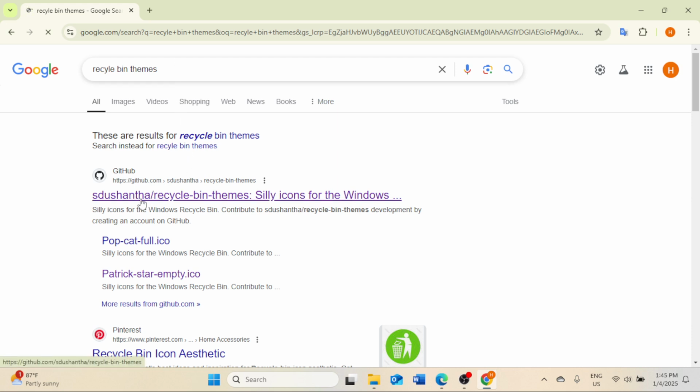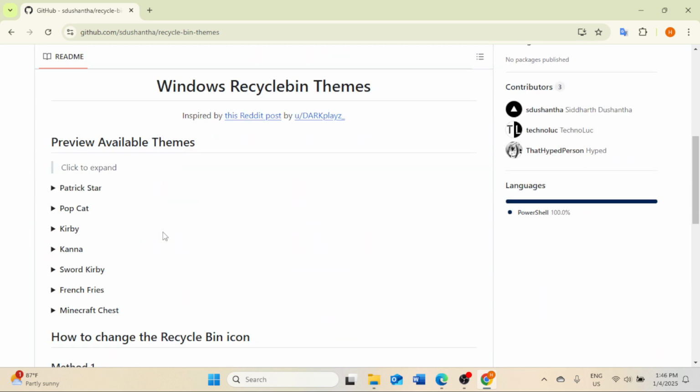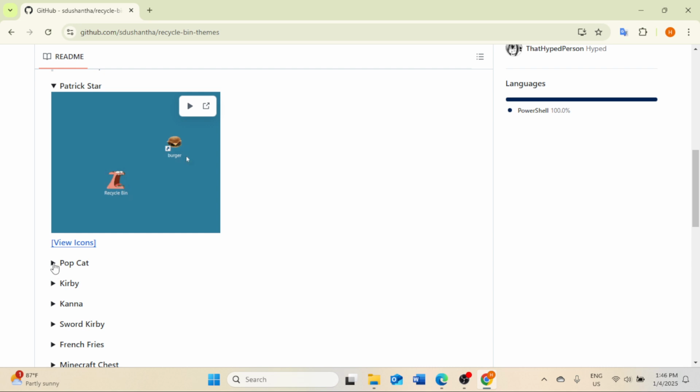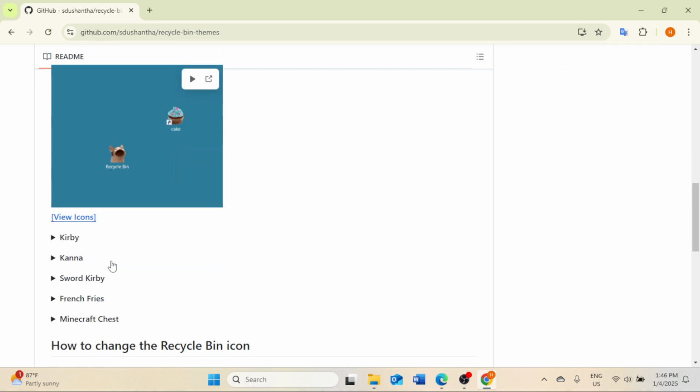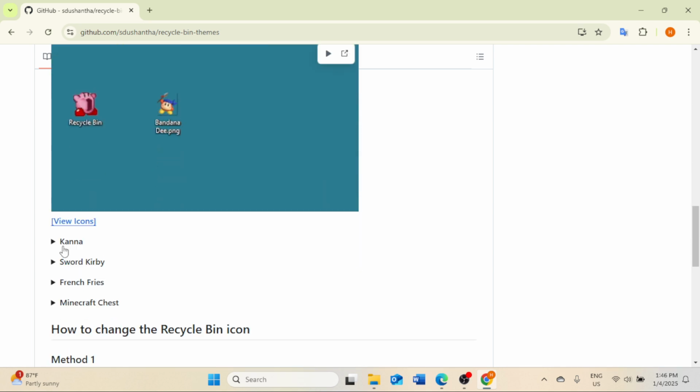Then here in the first option, you will find this github.com recycle bin theme silly icon for the Windows. Just click on this. This is the first option if you're going to search for the recycle bin themes. Now here you will have a lot of available themes, like you have the Patrick Star, this one, and you also have the Pop Cut. You also have the Kirby, this one. You also have the Kana,